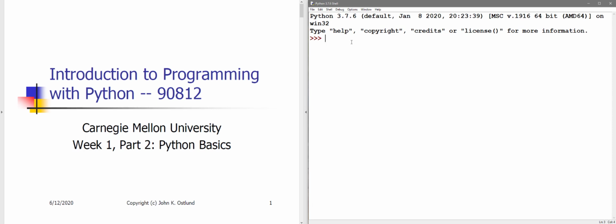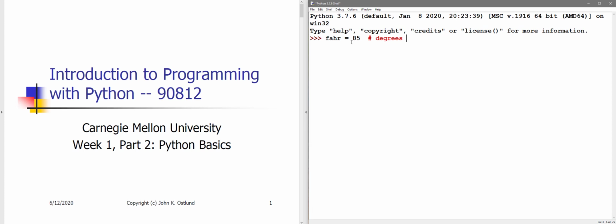By default, IDLE shows a shell to which you can type Python code, and the shell will execute the code and display whatever result the code produces. We saw how to create variables by using the assignment operator to assign the variable to refer to a value. So we had things like fahr for Fahrenheit gets 85, let's say. And we also introduced the idea of comments,